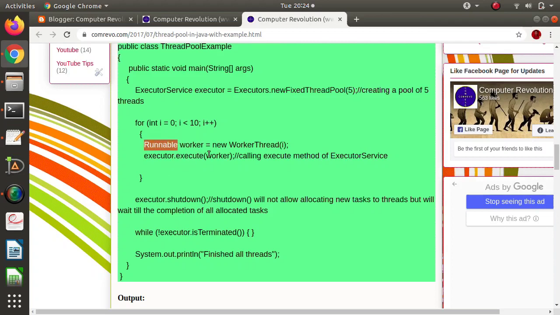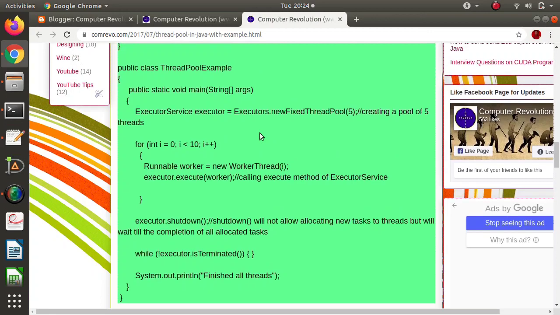We require its implementation. So for that we are writing our own class, and there we are providing the implementation for this Runnable interface. The Runnable interface has one method, run. So when we are implementing it, we need to write the body for the run method. So look at this.